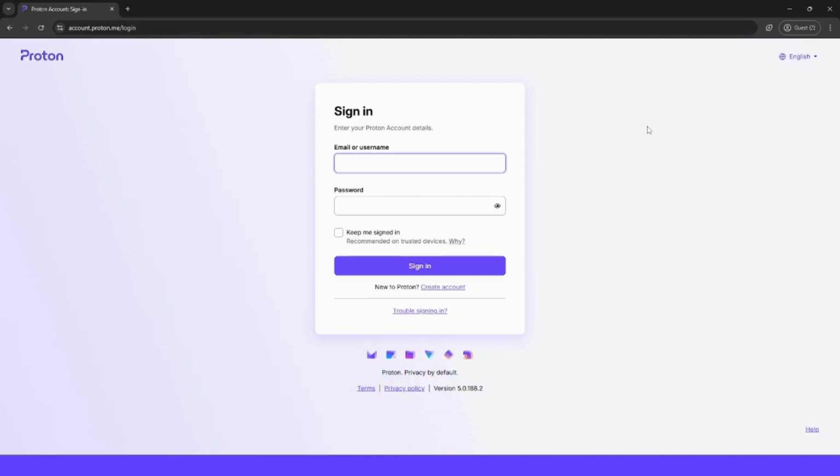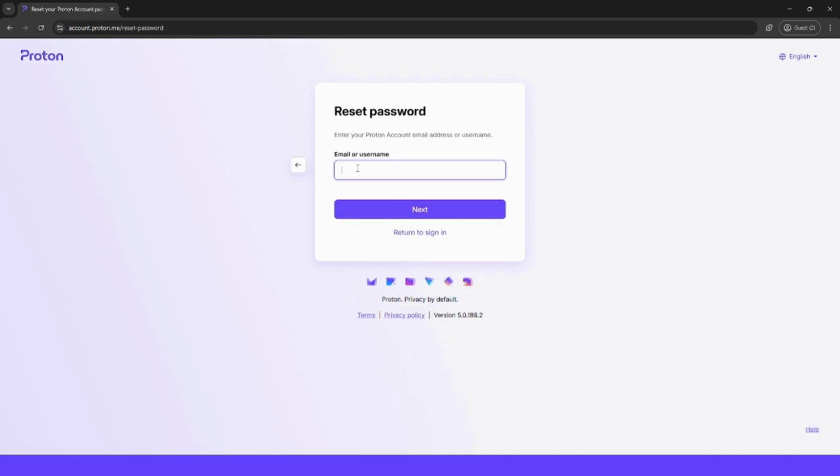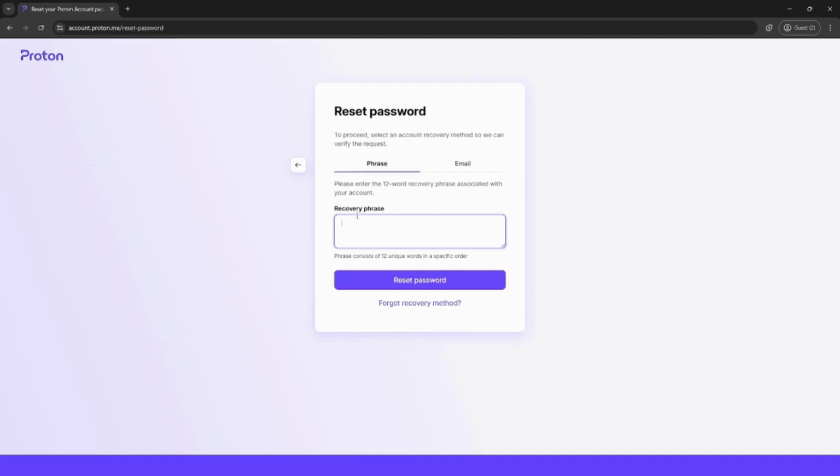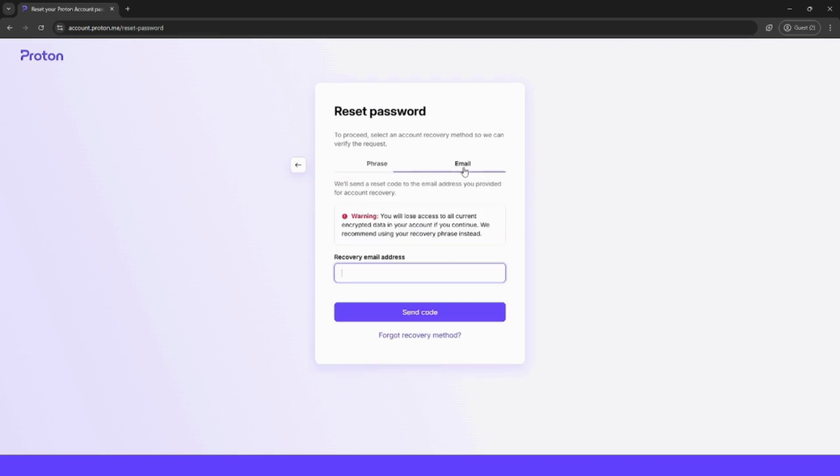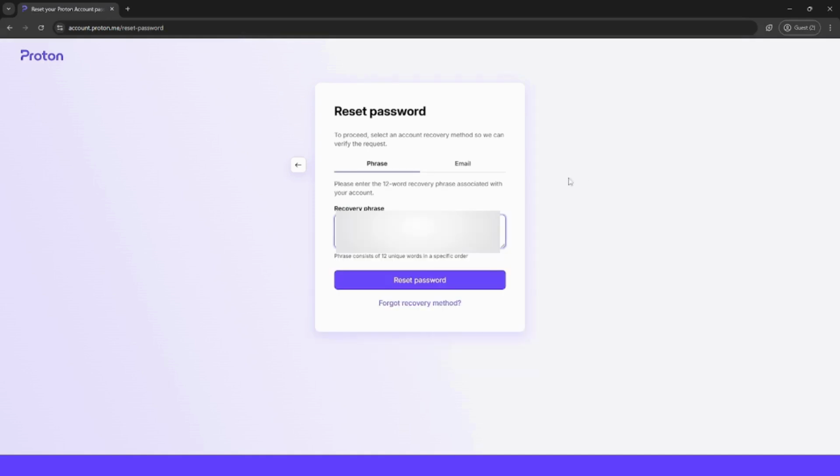To reset your password, click on Trouble Signing In down here, then click Forgot Password, and then enter in either your email or your username, and click Next. And then you can either type in your recovery phrase and click Reset Password, or if you had a recovery email, you can type in your recovery email, get sent a code, and then after that you can also reset your password. So here I'll put in my recovery phrase